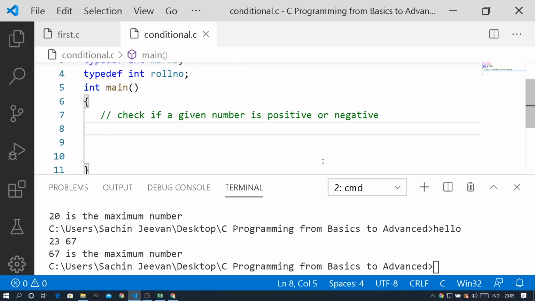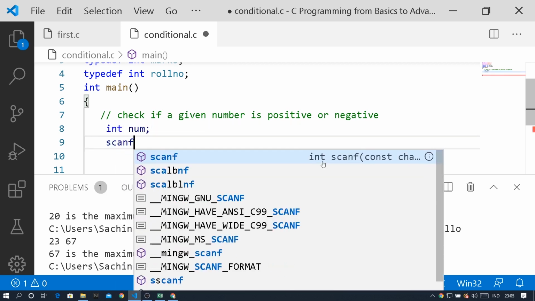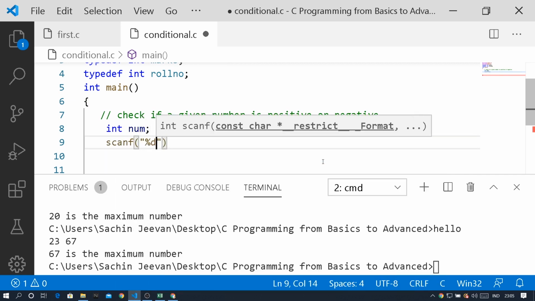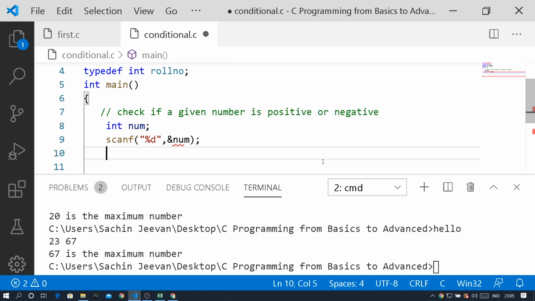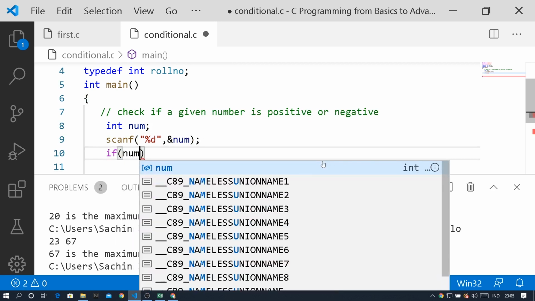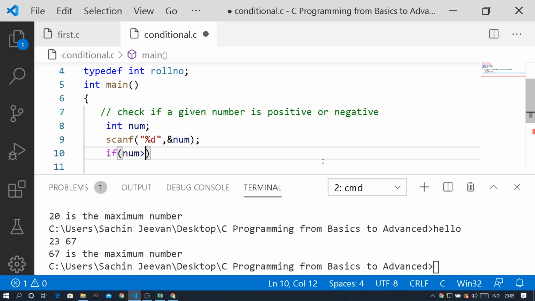Else I will say that it is a negative number. So first of all, I can take a variable called num, and using scanf I can receive an input for this variable, %d comma ampersand num, and then I can check if the variable num is greater than or equal to 0,